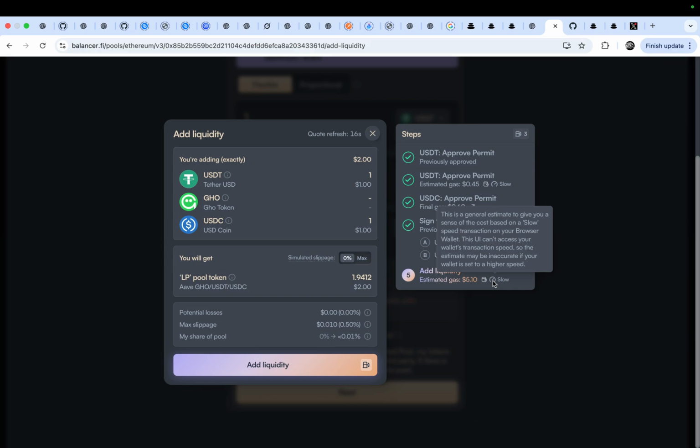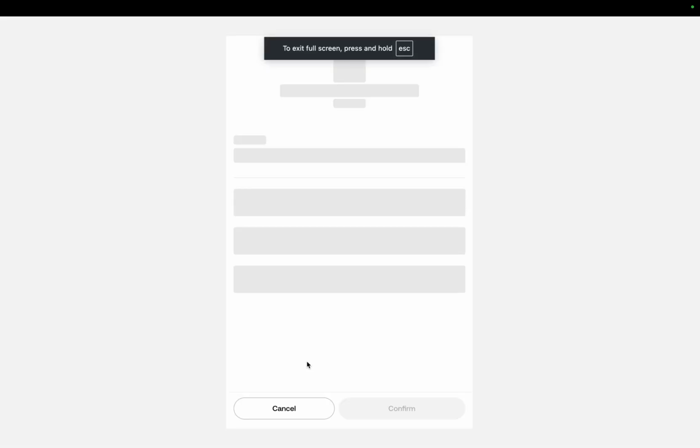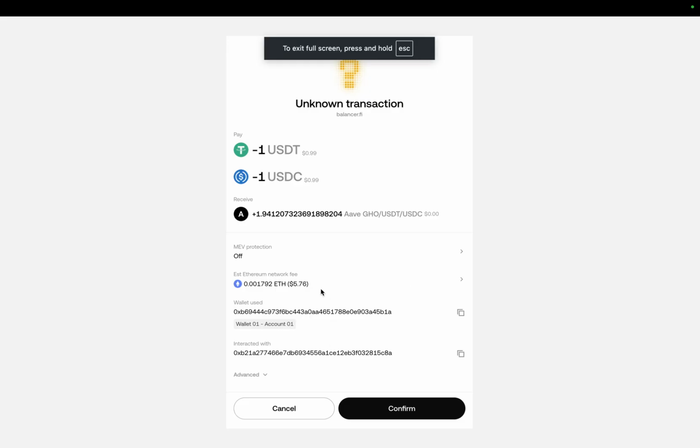This UI can't access your wallet's transaction speed, so the estimate may be inaccurate. The gas fee is lower. Confirm.